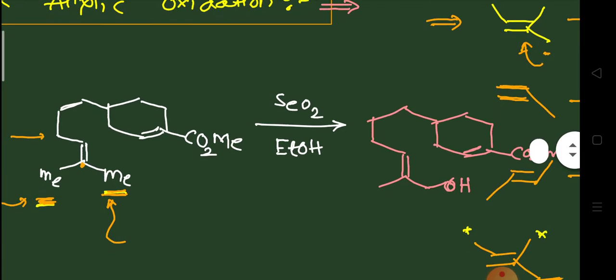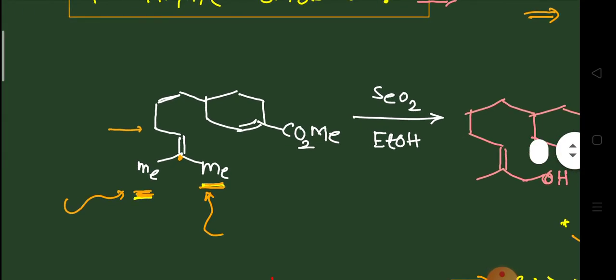Let us see some examples regarding this. Look at this one. Selenium dioxide is an electron deficient reagent, so it cannot oxidize an electron deficient alkene. So, look at this one. This is a double bond which is connected with 2 methyl groups and 1 substituted carbon. First remember that you should identify the more substituted end of the sp2 hybridized carbon. The lower end of this sp2 hybridized carbon is more substituted because it is attached with 2 methyl groups. So, it will be oxidized.